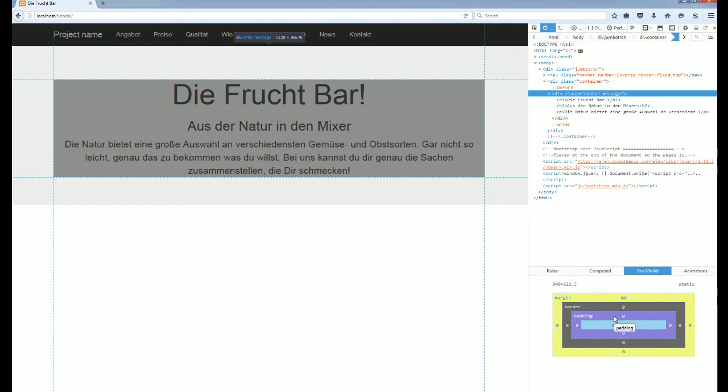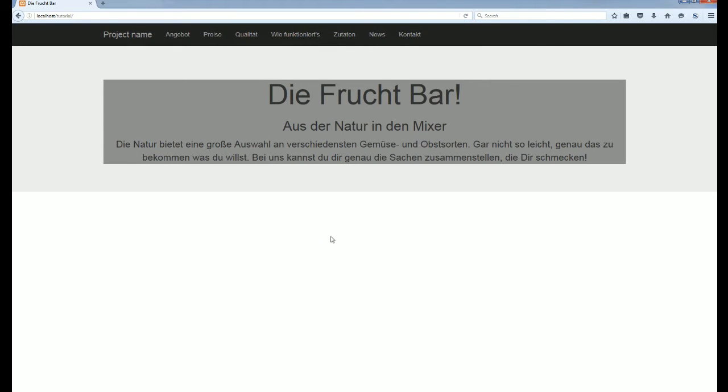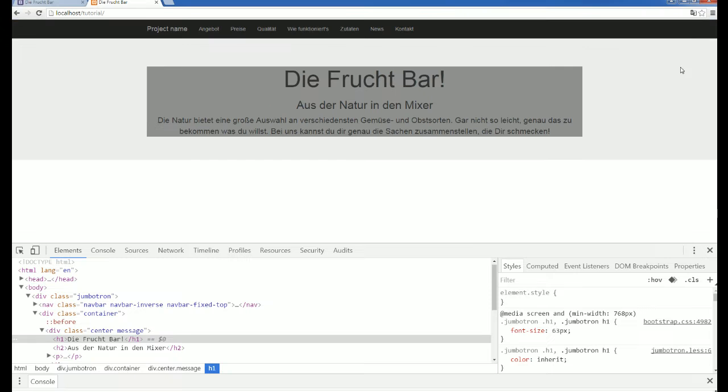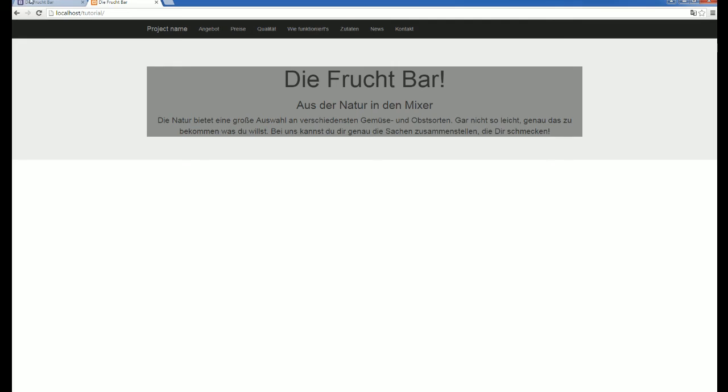Basically, padding is the distance between the element and the border, and then some margin. Margin, you can say, is the distance between this element and the next element. So we added some margin to the top, so it has some space on the top. So back again to the original website, because the next thing we will do is add